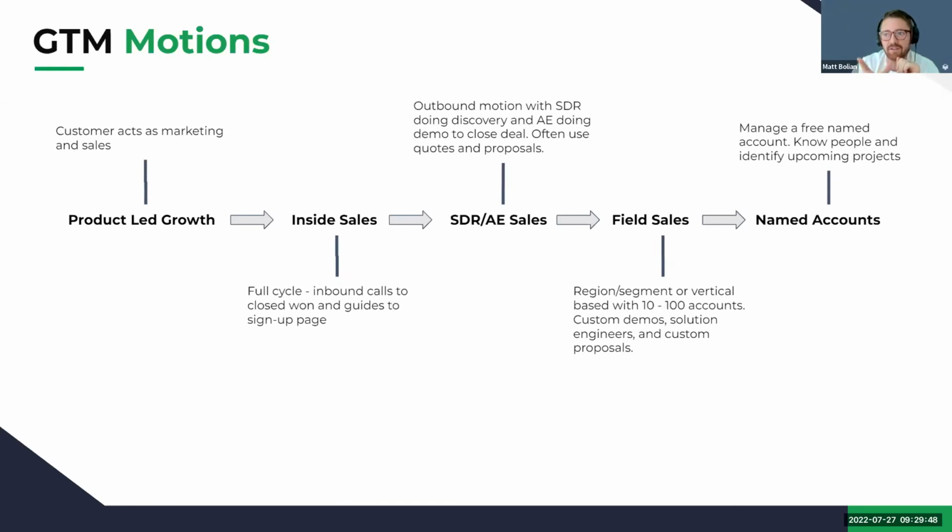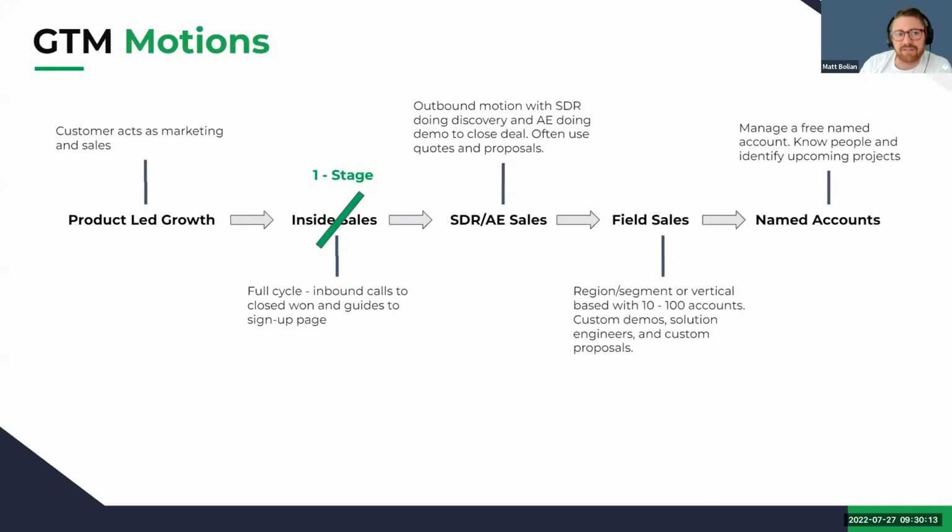Now, what you may say is your company may be using several of these at the same time. We'll talk about that later. There are different sales motions, and these different sales motions have different structures and different ways that you're selling. They have different proposal types, different CPQ needs, different RevOps needs, and the way people are consuming is different. So I'll answer the channel question in a second.